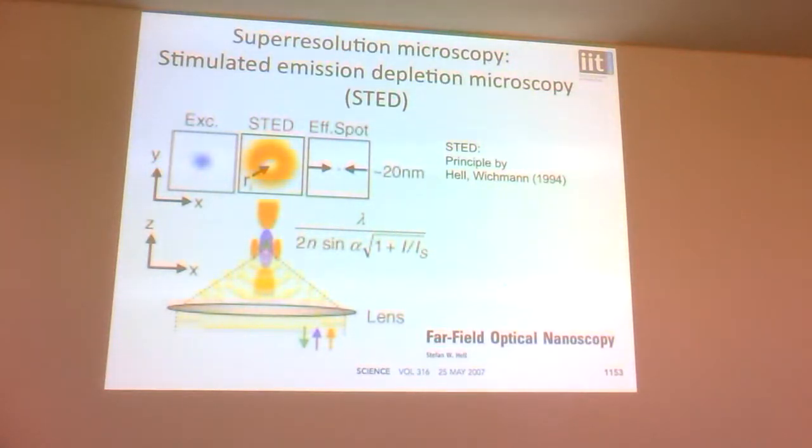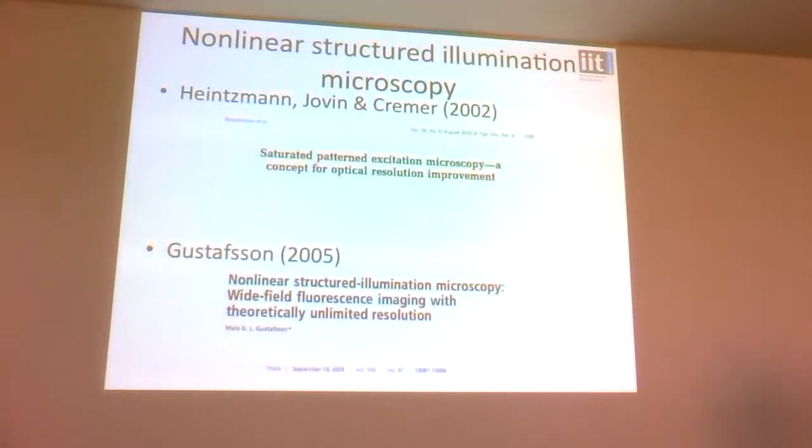So the best resolution that Stefan Hell has demonstrated, not with biological samples, but looking at defects in diamond, is in the region of a couple of nanometers, using optical light. So it's an amazing amount of super resolution. So I don't object to them using super resolution for that method. So, nonlinear structured illumination, proposed by